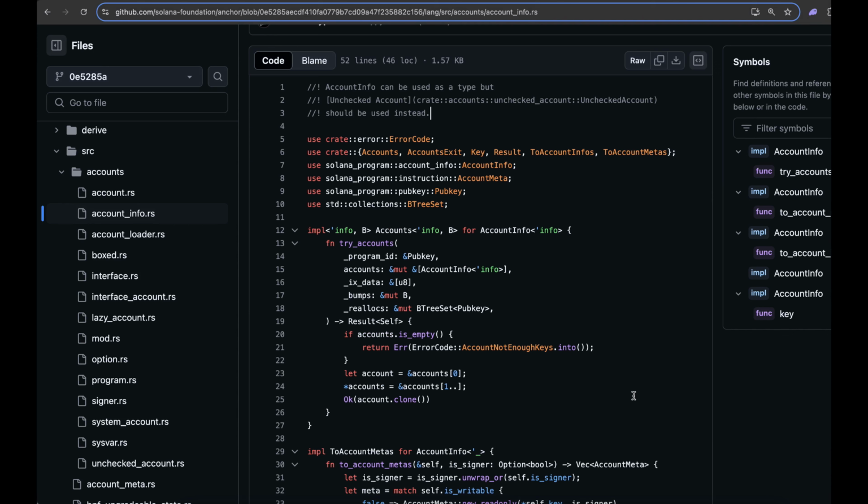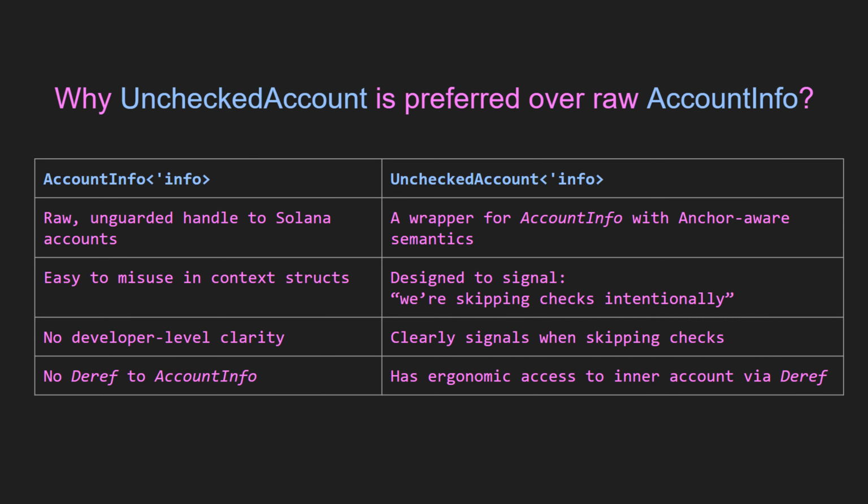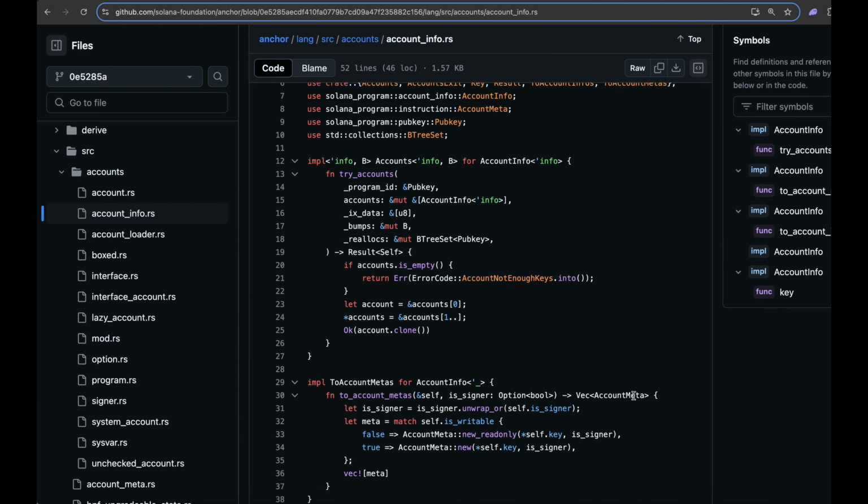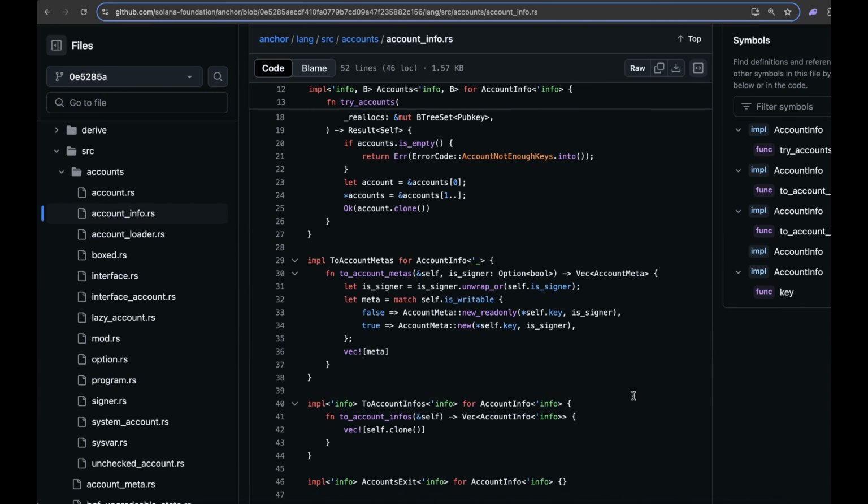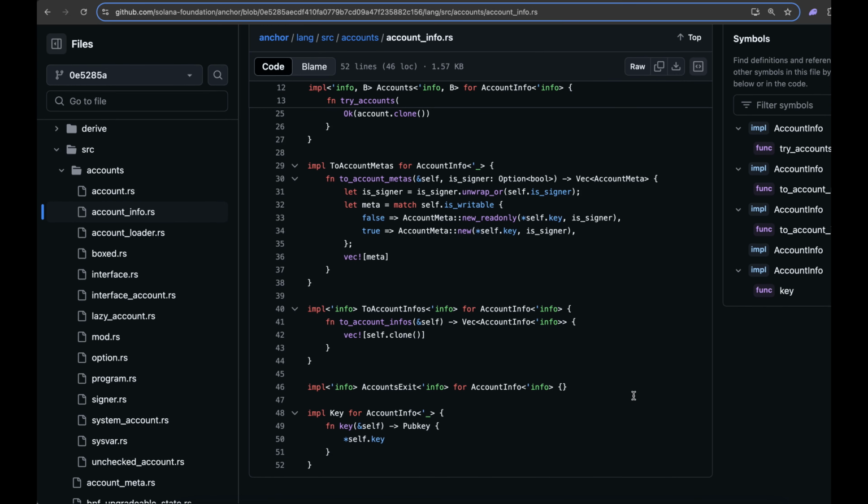AccountInfo can be used as a type, but UncheckedAccount should be used instead. Because AccountInfo gives no guarantees about ownership, initialization, or data structure, it's used when you need to handle raw accounts manually. Anchor can't check anything for you, so bugs or vulnerabilities can easily slip in. UncheckedAccount provides some ergonomics while still being type-safe and auditable within Anchor. We'll also talk about the UncheckedAccount type later in the video. Used only when you need full control, like manually verifying ownership or initialization, calling external programs via CPI, and working